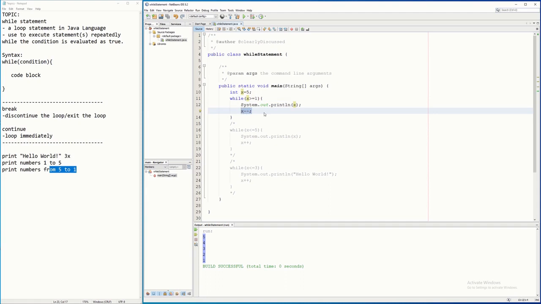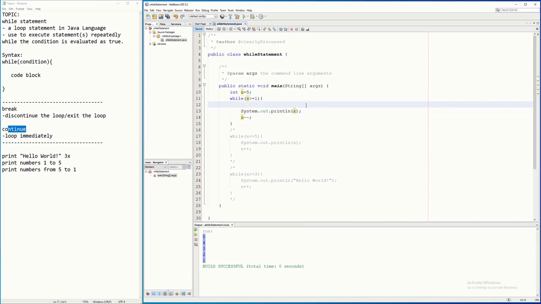All right, so it depends on the problem. Sometimes it is not always plus plus or minus minus, or -1 or +1. It depends on the problem. It depends on what you want to do. So sometimes you will increase it by 2. So it's like that. Okay, so again, we can use here the break and the continue, just like the for statement. So let's say, for instance, I would like to